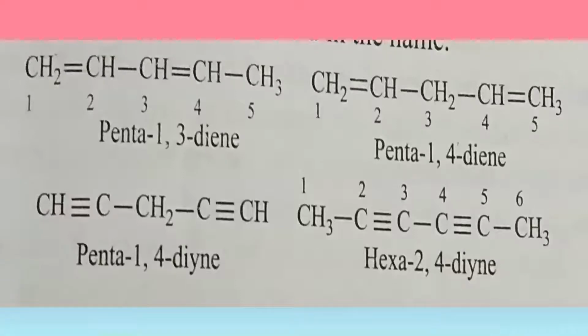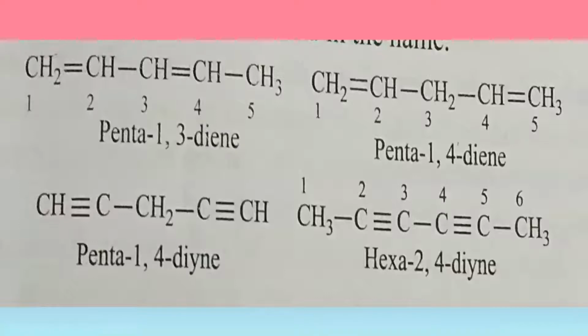Now these are the various examples. Now I'm going to be discussing how we name them. The first step in the first one is that we identify the parent chain, and the parent chain here has 5 carbon atoms. All of you can also write down these examples, and as I'm telling, you can also write down the names. Even here the names are given, but you can also frame it and then check whether your names are correct or not.